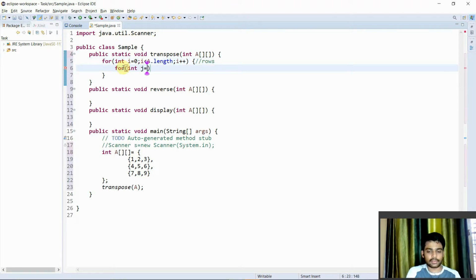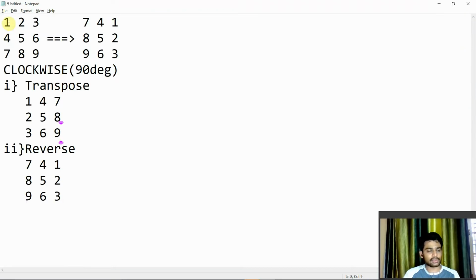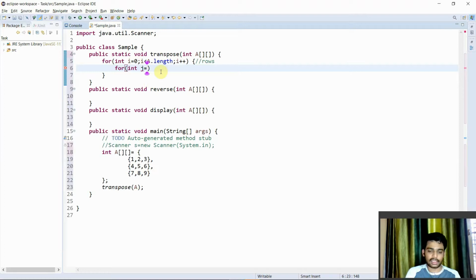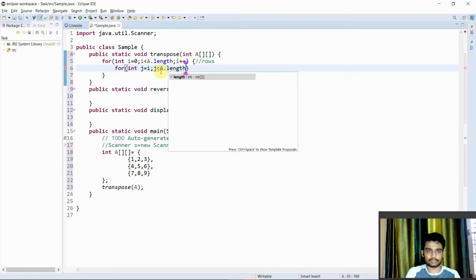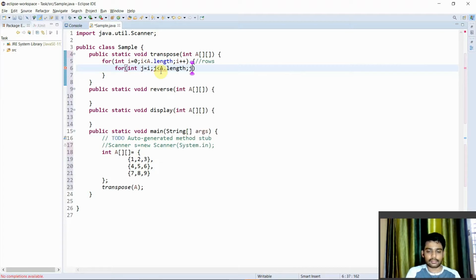int j equals to, so what we discussed earlier, it says the j value. So if you start here, if you flip this thing, we don't need to flip it again. Since it's one element, there is no problem here. Whenever we come here, if you flip this element, we don't need to flip this again. That's what it means. So for j equals to i, if we come across it earlier, we don't need to flip this later. So for j equals to i, j less than a dot length, j plus plus.